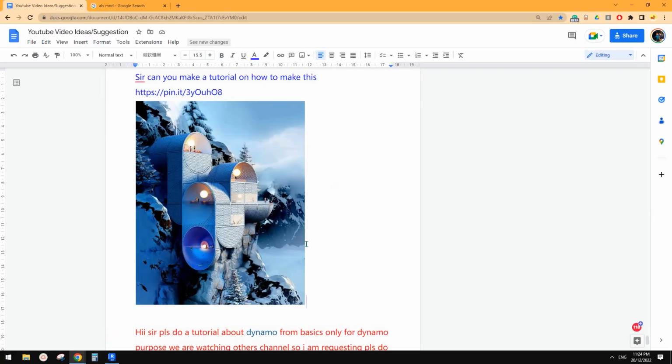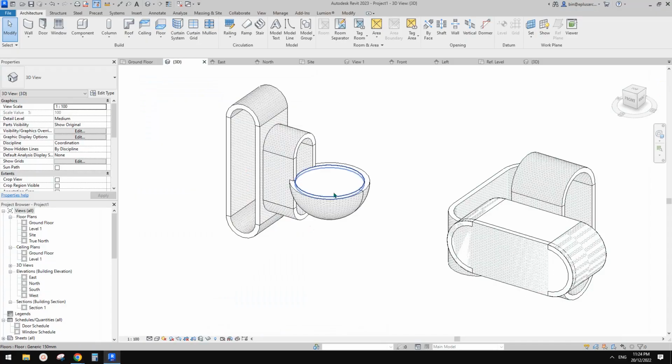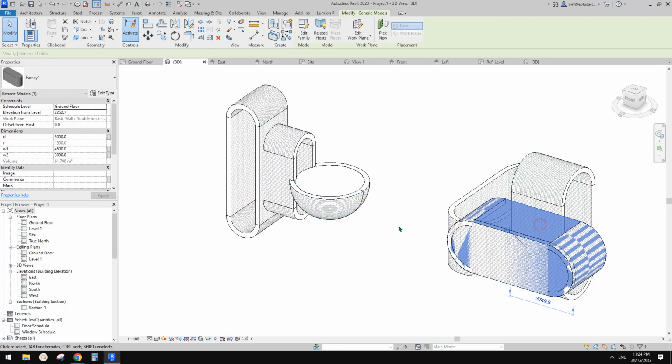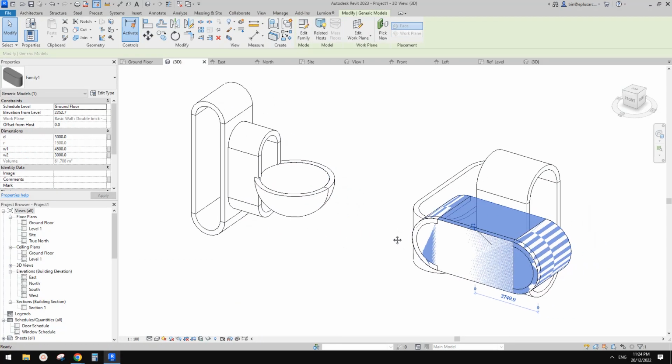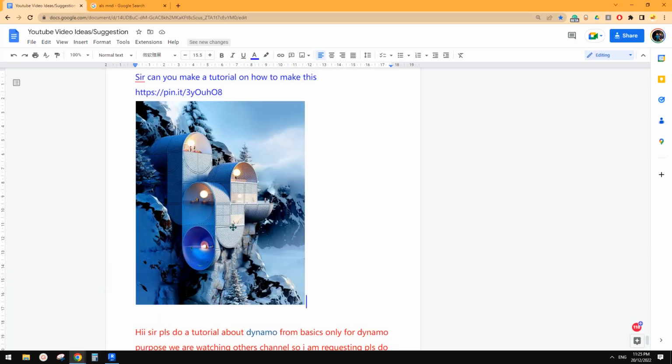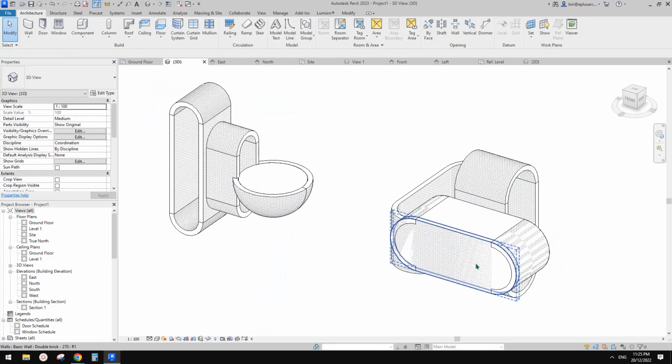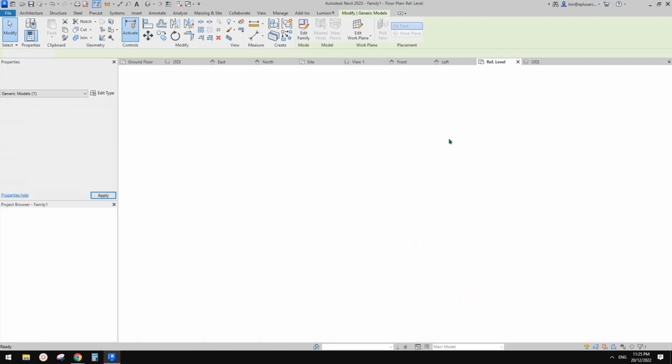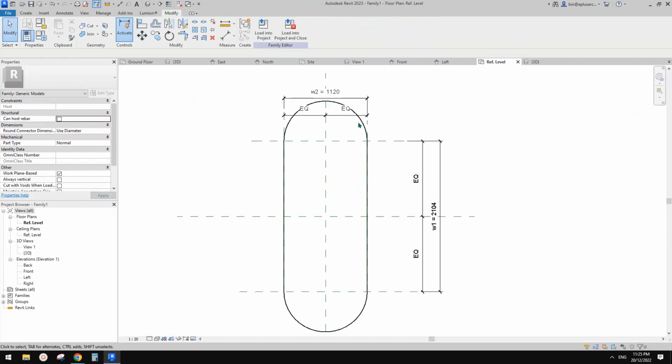So you can always have multiple of this family, put them together, change the size, rotate them, and then once you're happy with the shape, if it's a concept, you don't even need to. You can just model something like this. Instead of having a solid, you can also create another